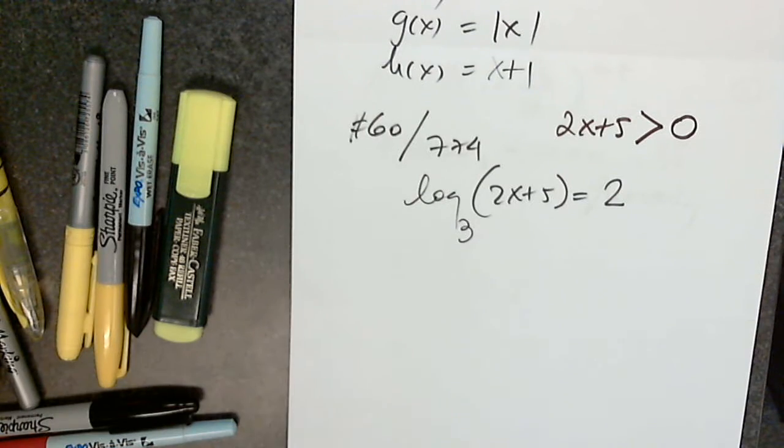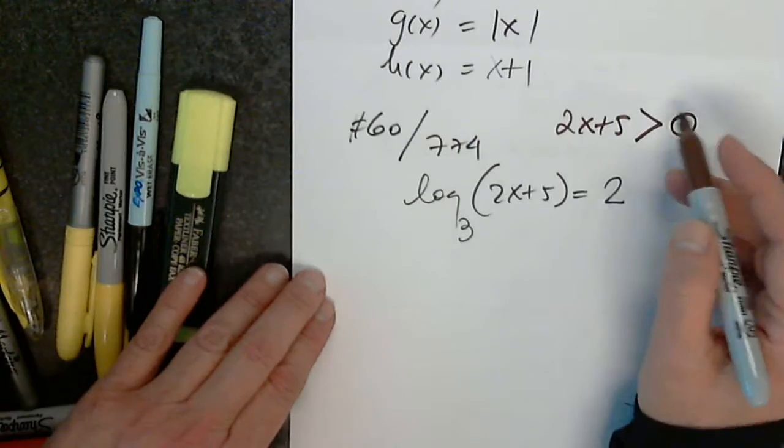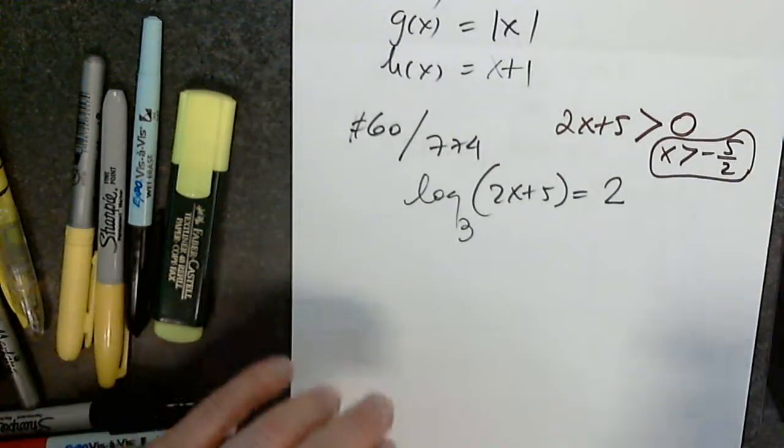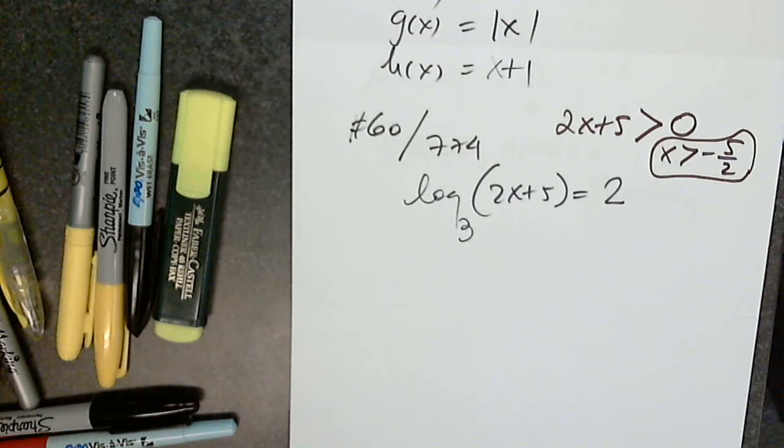Remember, log is a function with restrictions. It's defined from 0 to infinity. So therefore, x must be greater than negative 5/2. If the answer I get is not greater than negative 5/2, what will I say about this equation? No